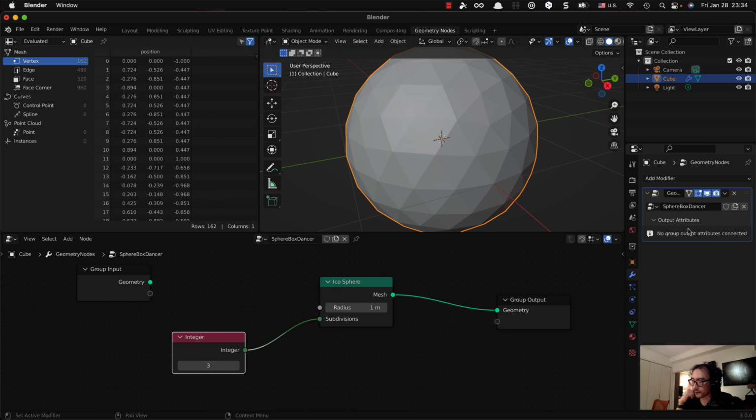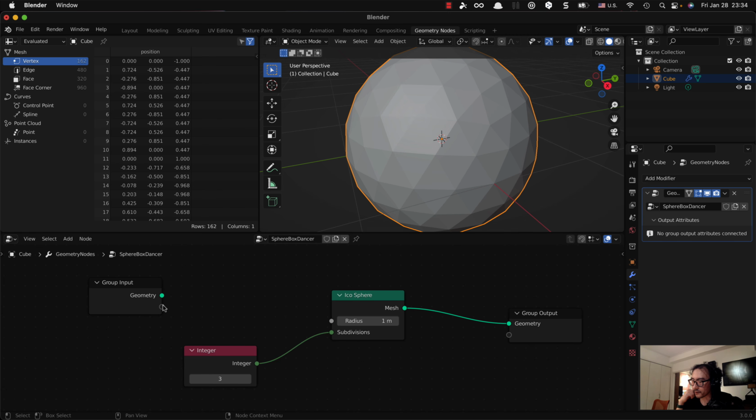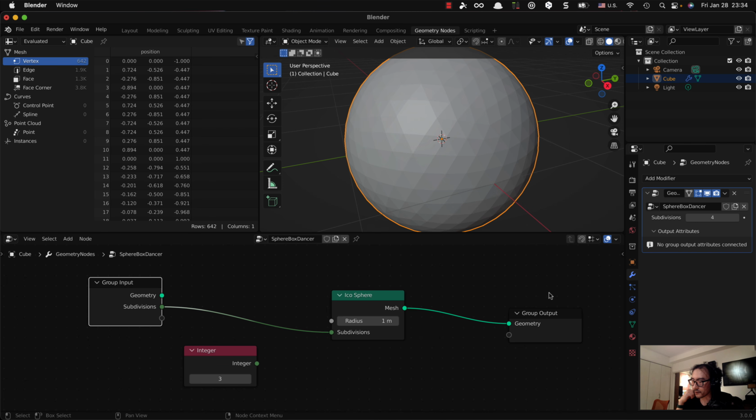Right now there are no parameters available in this cube, but you can add your own parameters to this cube when you click this icon. When you click this gear icon, you'll see a bunch of parameters under here. Right now there are no parameters, but when you connect this empty output right here to this subdivision, you start to see this new parameter appear under this geometry nodes